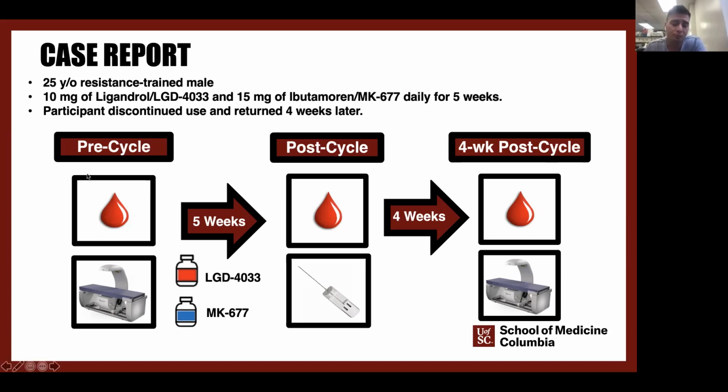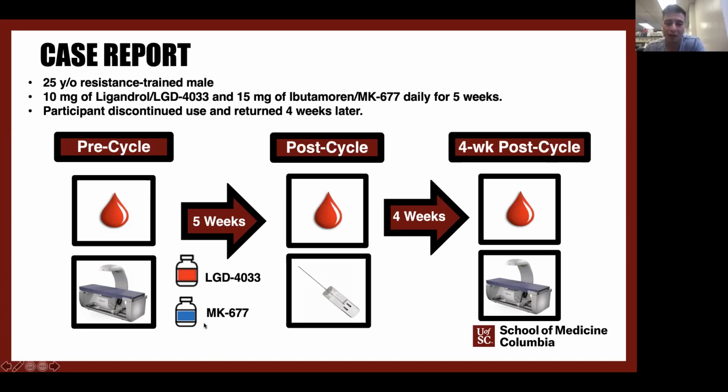So before this guy came in, we had some data from before he took these compounds. So we had blood data. We did a comprehensive metabolic panel, along with other health-related and androgen-related markers. And we also have DEXA data. So DEXA helps us analyze body composition. We can look at bone content and area and density. We can look at fat mass. We can look at lean body mass, and of course, total body mass.